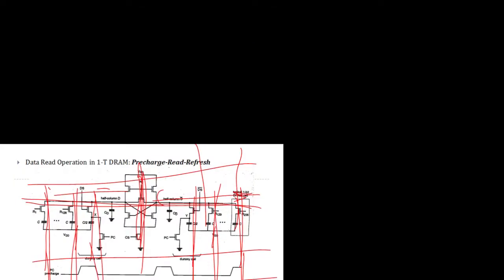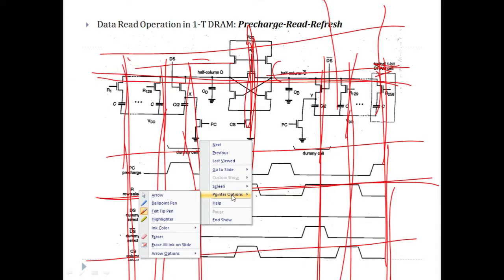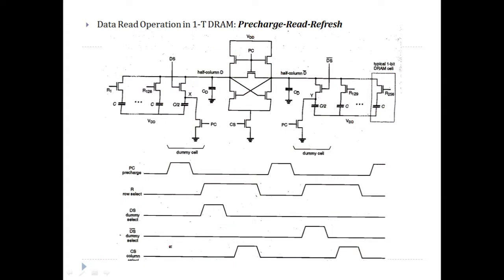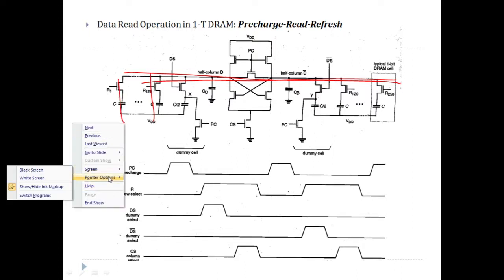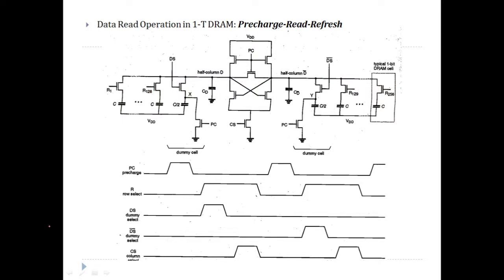Now let's go back to our original orientation again. So one thing you have to remember: this is the column, and these are rows. Now let's talk about the circuit first. The column here is divided into two halves. So if we are considering a 256 row configuration, it is divided into halves of 128 rows each. Here you can see R1 to R128 and R129 to R256, so the column is divided into half.